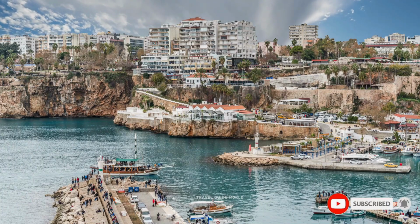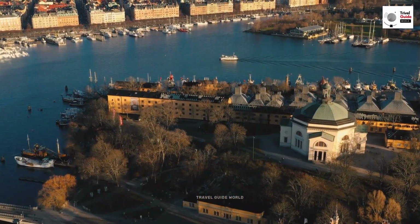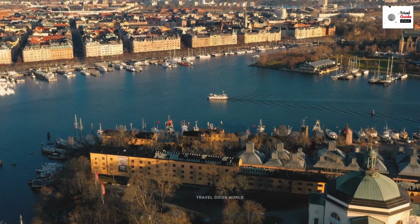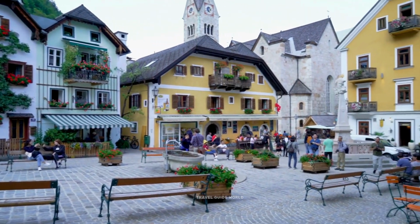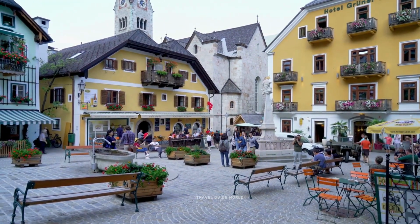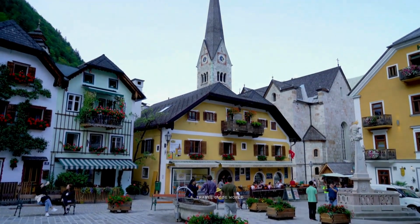First on the list is Antalya's old town, Kaleci, a place where history comes alive. This vibrant neighborhood is nestled within ancient Roman walls, a testament to the city's rich past. These walls have stood the test of time, a silent witness to the ebb and flow of civilizations that have called Antalya home. As you wander through the narrow cobbled streets of Kaleci, you'll be charmed by the Ottoman-era houses